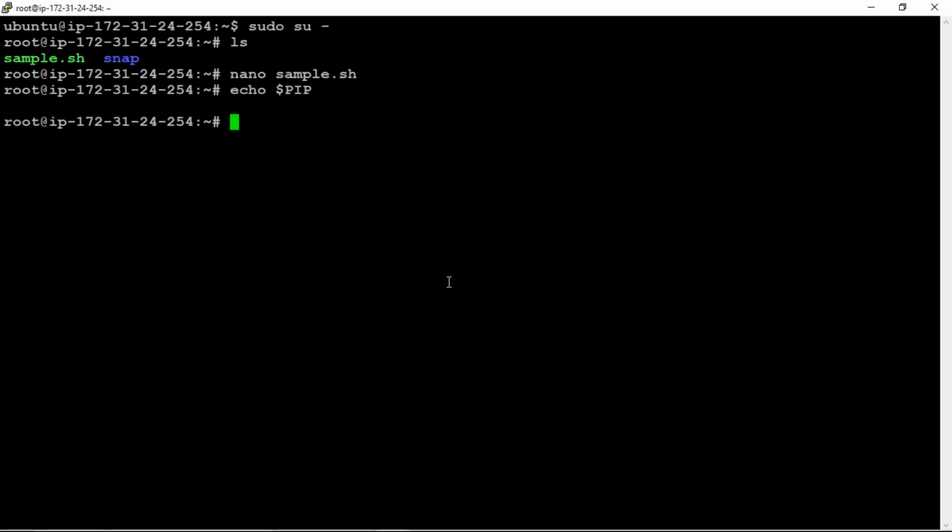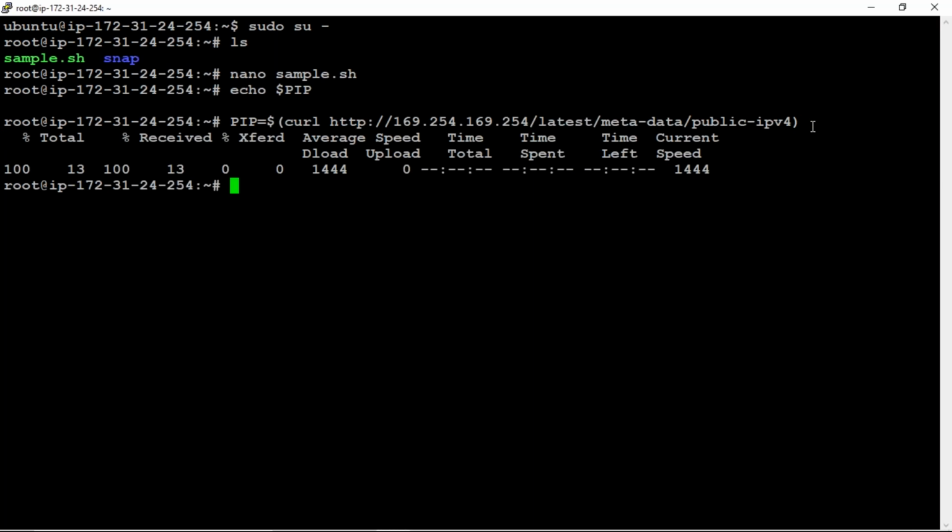We need to assign again. So what is that command? So pip equals to, I will just copy all that. So this is the command. I'm just assigning that one, and if you execute that one, it got assigned. Now check the previous command, echo $pip. Now you will get it.